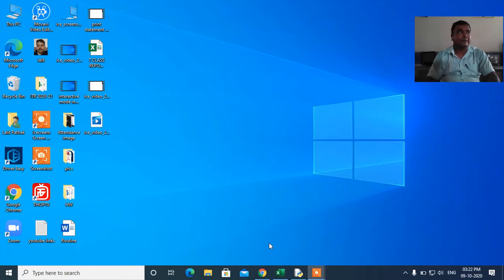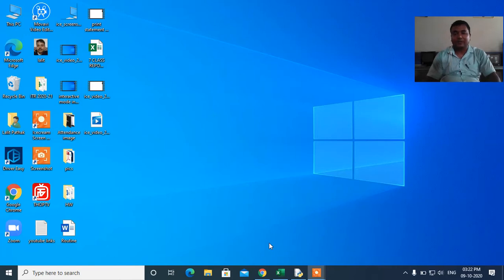Slash n separates the statement by putting them to the next line, that means to the new line. Number 3, slash t. Slash t is used to separate the statements by a tab space, that means one tab space equals 5 spaces.